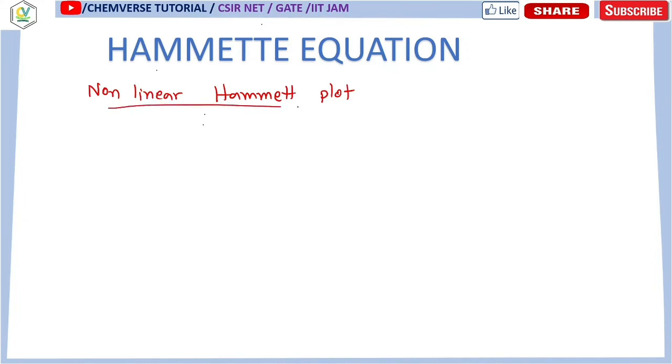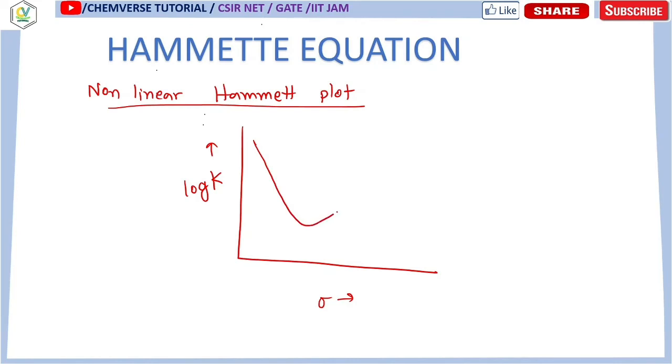But now what I am going to discuss is the non-linear Hammett plot. And now a special reaction, I'll write the reaction. So you can see this log k versus sigma. In this case the plot is something like this. So it is a curve, it is initially decreasing and later it is increasing. Now you can see this slope, this slope is basically the rho value, it is minus 4.4, and for this case the slope is now positive, so I can call it rho dash, it is plus 2.5.